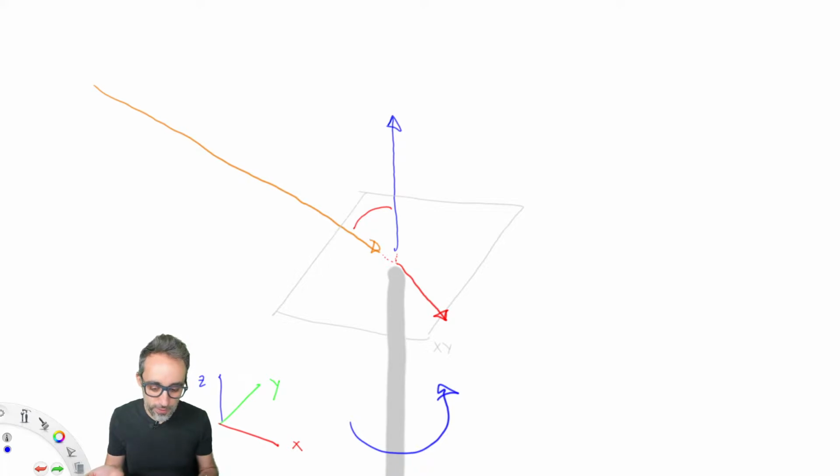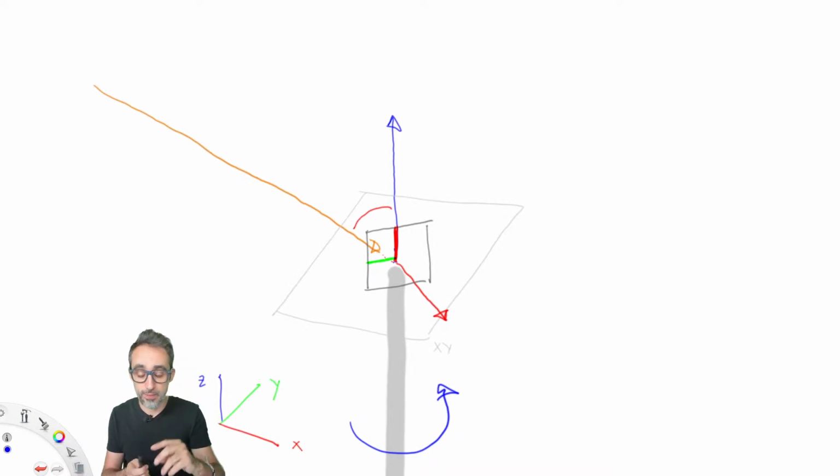And how are we going to do that? Well, we can create a plane that is centered at this point, and the main orientation of the plane might be this z vector that we have. The other orientation of the plane can be the sun vector, and that plane contains the origin, the normal vector, and the sun vector.